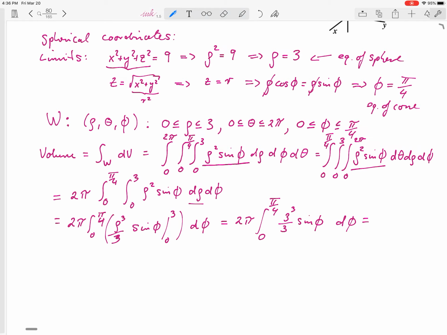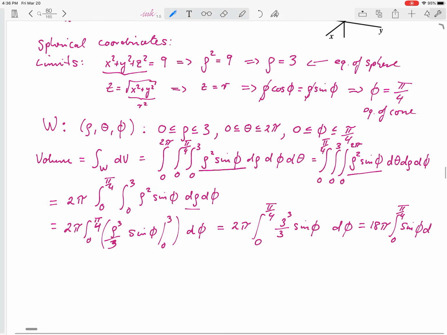I can clean this up a little bit. So 3 cubed over 3, that's 3 squared, that's 9, sorry. I have 18 pi. And then the integral from 0 to pi over 4 sine phi d phi. Okay, almost done. Now we just need to integrate with respect to phi,